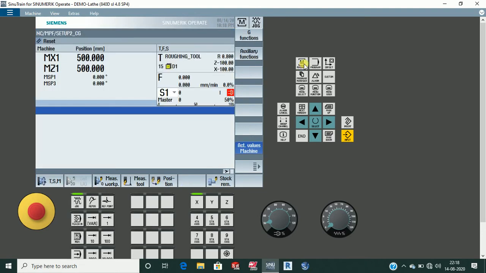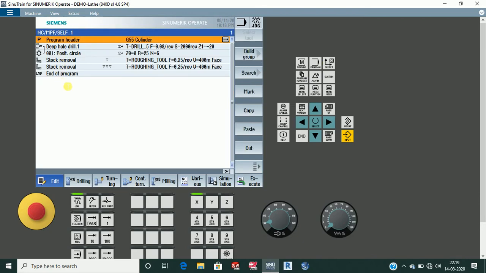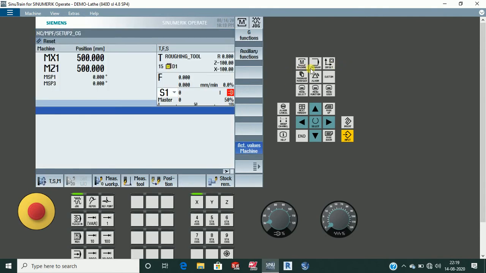If you don't want to go to the program manager, search for the program and then open it, you directly press the program button. See, the same program I opened before is directly opened. Basically, it opens the recent program you were working on or had opened. So this is the function of the program button. I press the machine button, and the machine window appears.